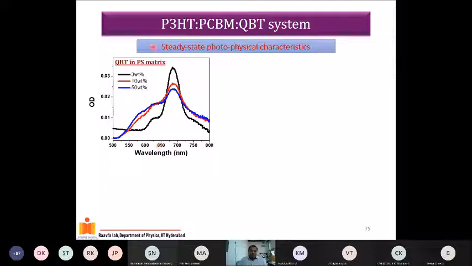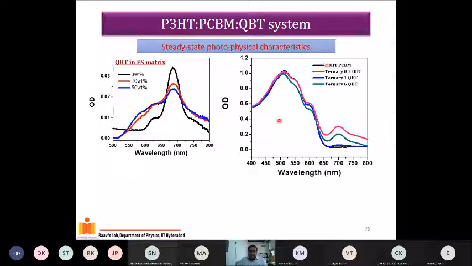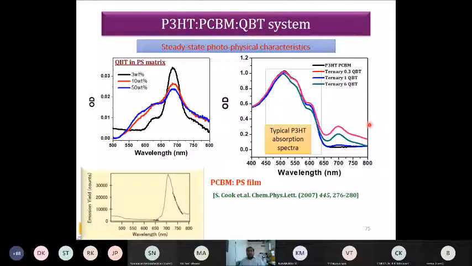The absorption of this third component is somewhere here, it's 700. And in fact, if you look at this PTHD PCBM blend, it doesn't absorb anything beyond 650. Now this molecule QPT is absorbing after 650. So this is chosen such that the blend of polymer, PCBM and the QPT increases the absorption from the visible all the way to 800 nanometers. Okay, so you are gaining 150 nanometers of more absorption region, so you can harvest more and you expect a better solar cell performance. Okay.